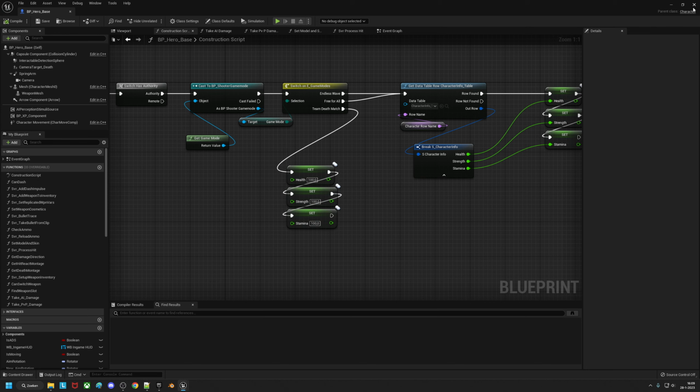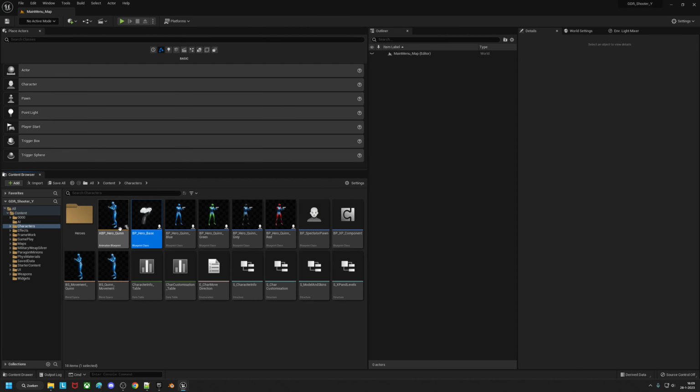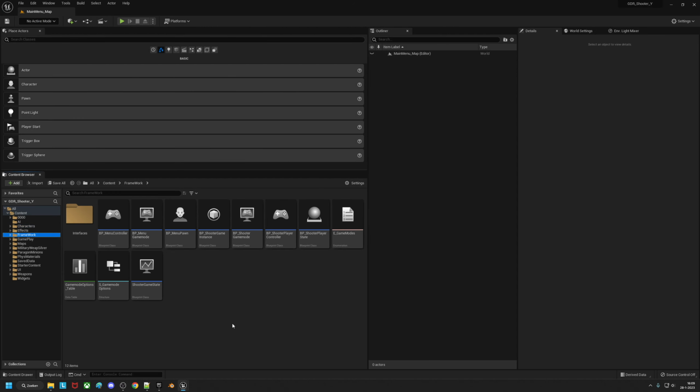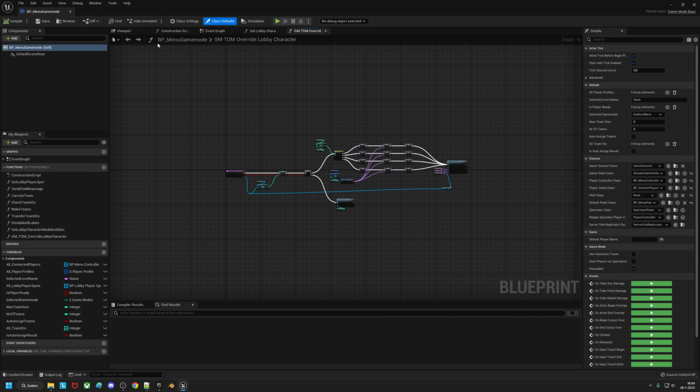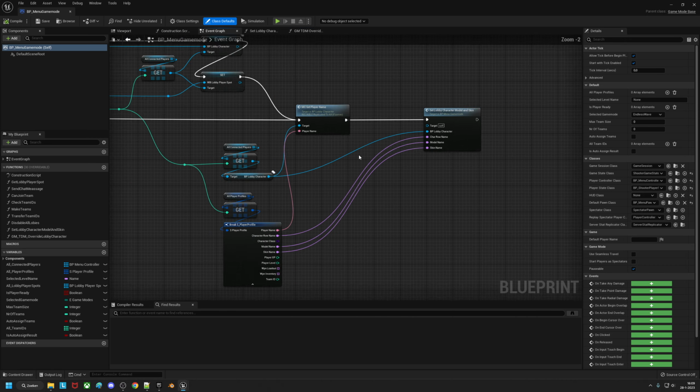Then we're going to go into the menu game mode, because if we are playing team deathmatch again and we set the maximum team size to 2 players, for example, if the third player enters the lobby, he can still access the first team as the third player. So that's not how we want it to be. So if we're going to the menu game mode, then we actually want to go inside of the event graph,